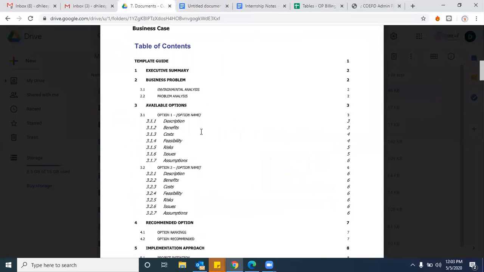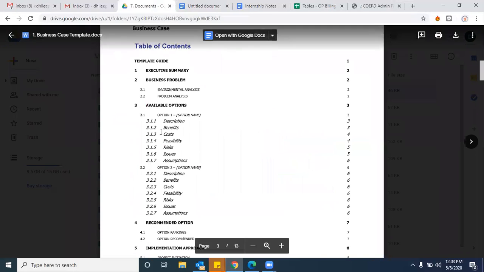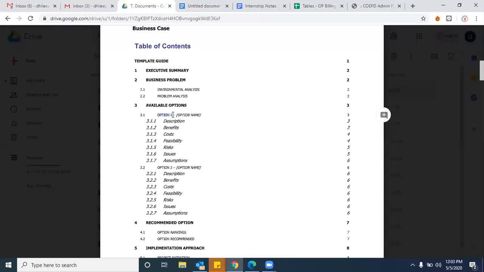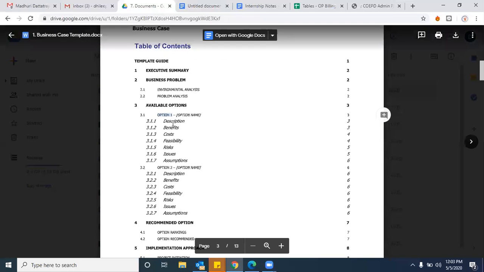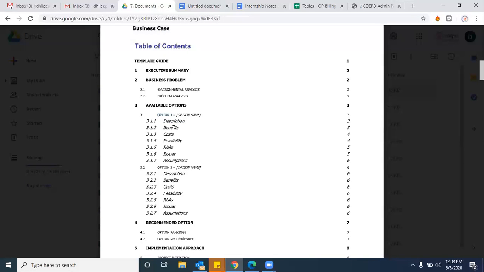Am I clear? And then we will get into the available options, and each option will have a couple of parameters. Already we discussed this, right? Option 1, for example, let us consider option 1 as COTS in our context. How this COTS, commercial off the shelf, what exactly it is, we need to describe in the description part, and the benefits of this particular COTS. And even the costs incurred to implement this particular COTS.